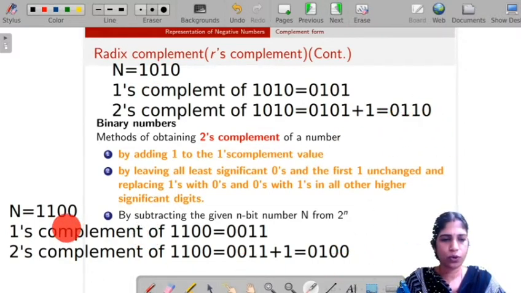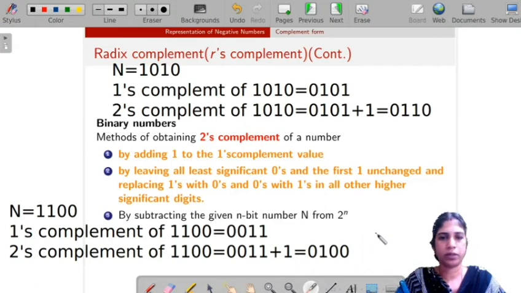In here also we scan from the right side for a non-zero digit. So we get a non-zero digit here. Okay, this one is the third one. So for the last one, the most significant digit only changes its value. That means 1 becomes 0. So 0, then 1, 0, 0.